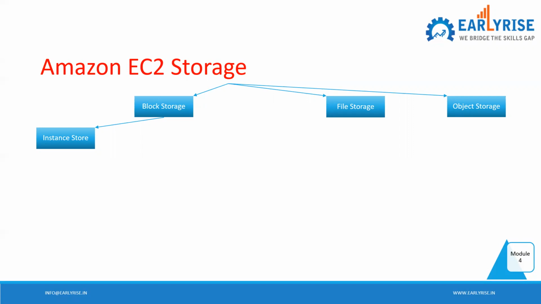But having said that, on your T2 micro, if you are looking for instance store, you will not get it. It is limited to certain types of instances. For every instance they are not offering it, because the price is already included in the cost of your EC2, so no additional charges. Based on the instance type you are choosing, you will be getting it. Like C5D I was showing you. If you look for C5D, you will have one instance store associated with it, so you can use that one.